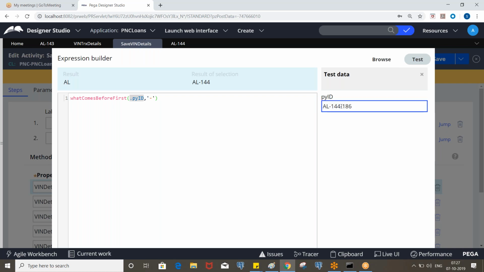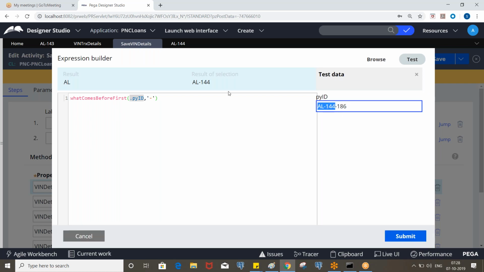So before last means it will come like this, only returning AL. Now, what comes before first? After the hyphen, it will go to the first hyphen and take the text. So this is the result.